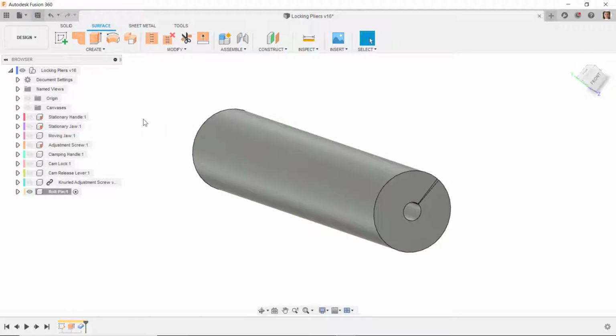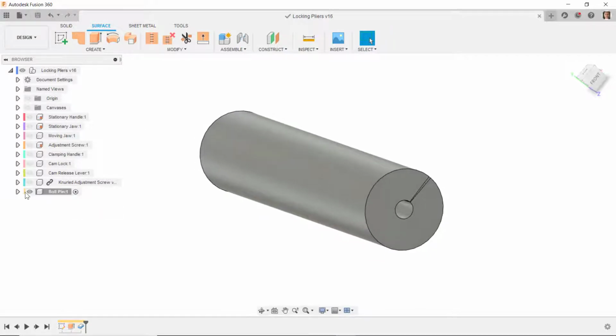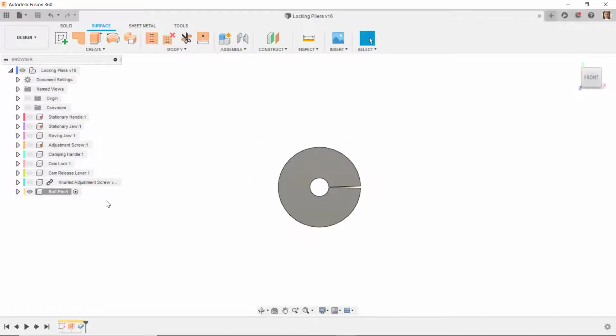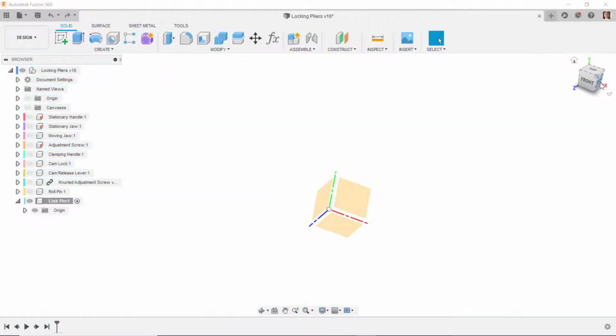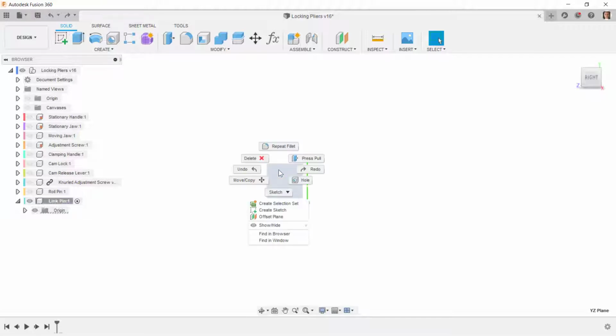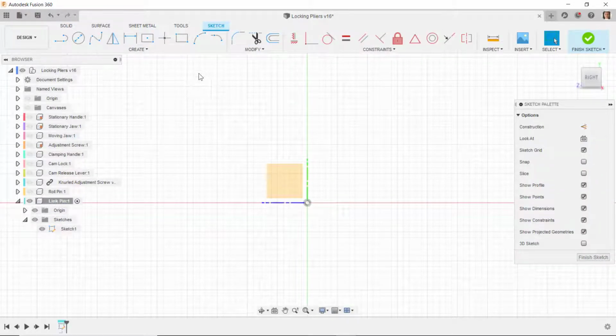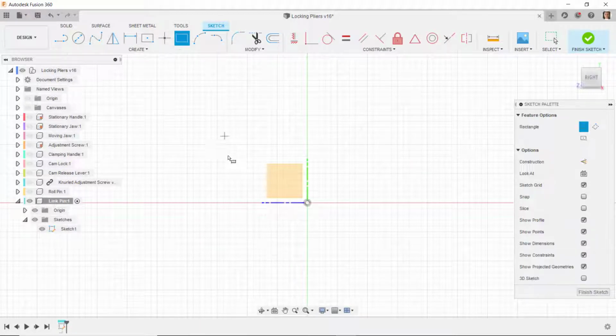So I'll save the assembly, and then I will go back to my front view and I'll hide this component. I'll create a new component, and I'll name this new component link pin, and so I'll say OK to that. I'm going to go around to the right side view, and I will start a new sketch on the YZ plane, and then I'm going to draw a rectangle about like this above the origin,